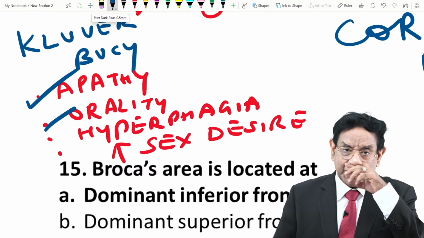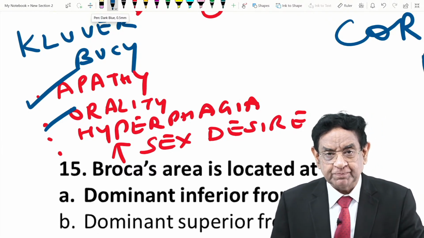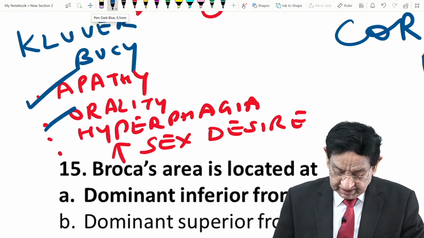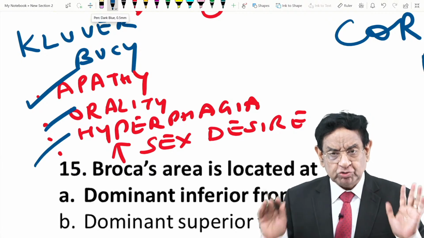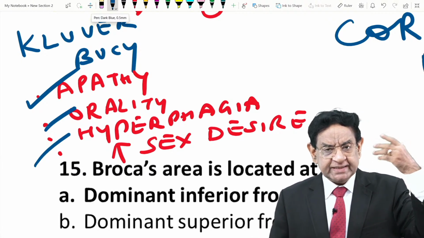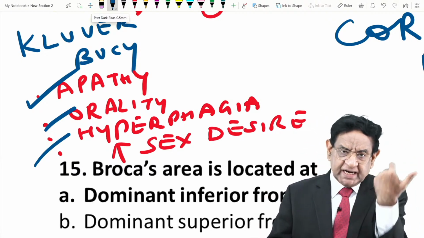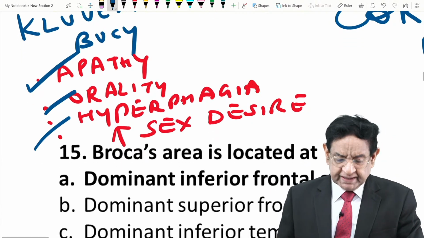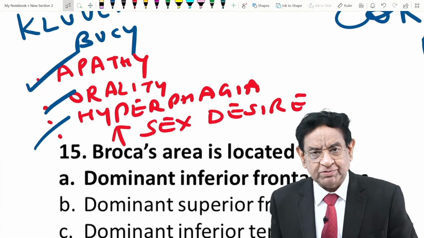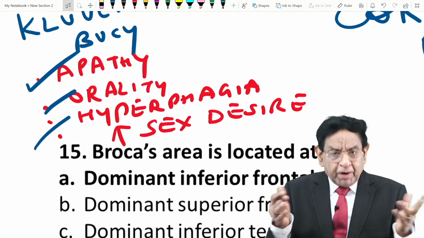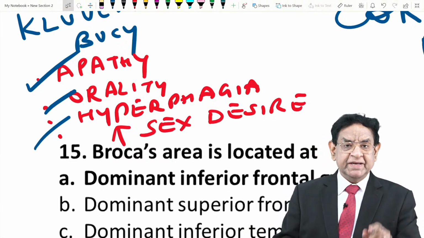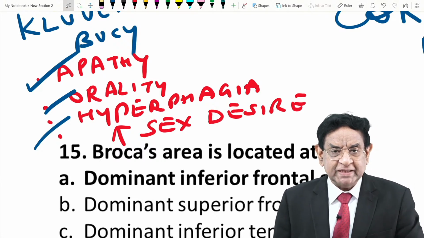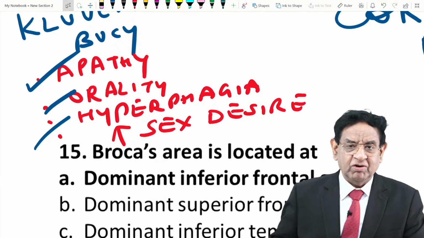Patient attendant says, "We don't have a problem with orality also." Then what else? When we wake him up for food, he eats a lot. He eats so much that he takes his own food and he eats our food also. Attendants say, "We don't mind that also." Then you ask, "What's the problem? Where's the problem?" Sir, the problem is when the nurse comes to check his pulse and BP, he does all teasing